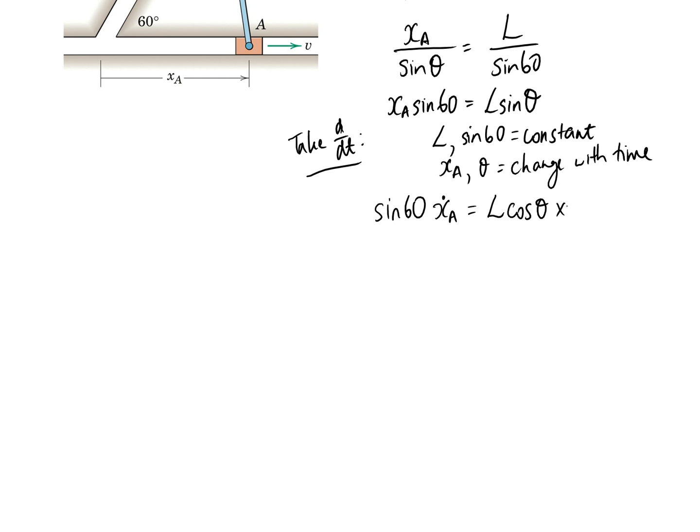But then we need to multiply this by the derivative of theta with respect to time, so that's the chain rule. So this is just going to be theta dot. And what we wanted to solve for, remember, was theta dot, because that we can equate with angular velocity. So rearranging this,